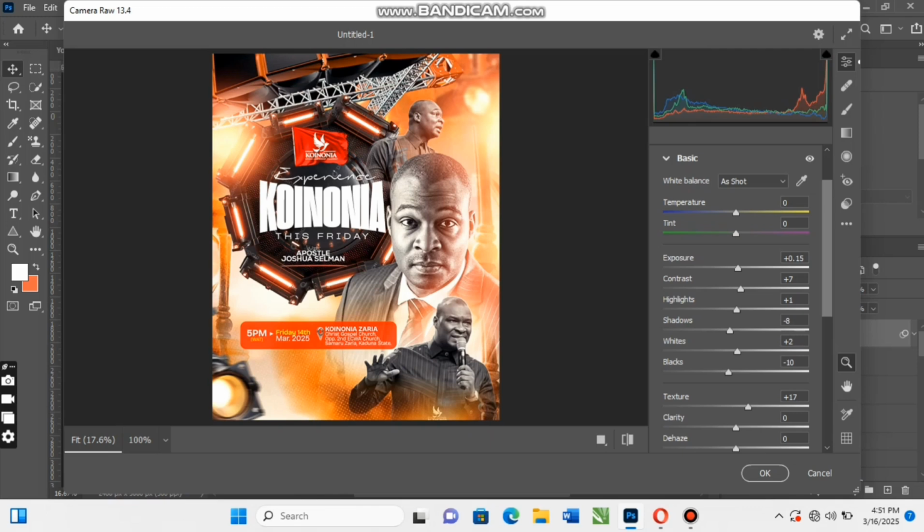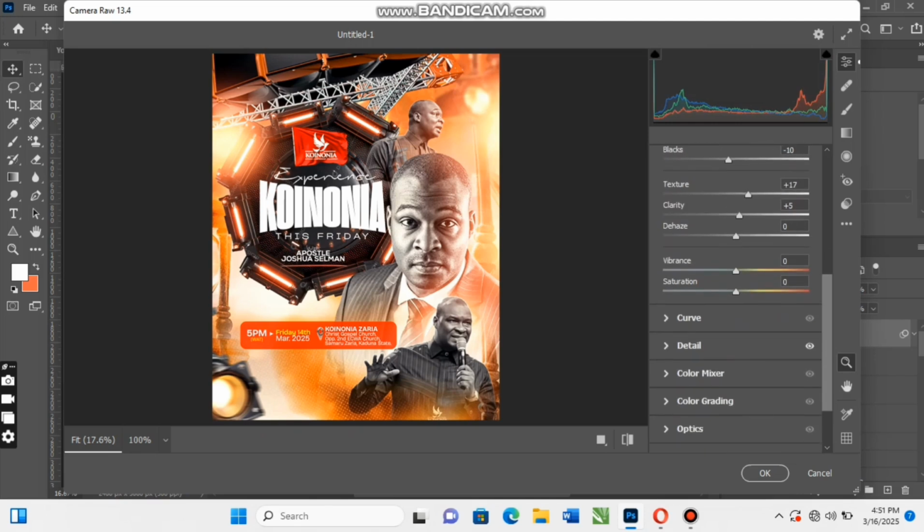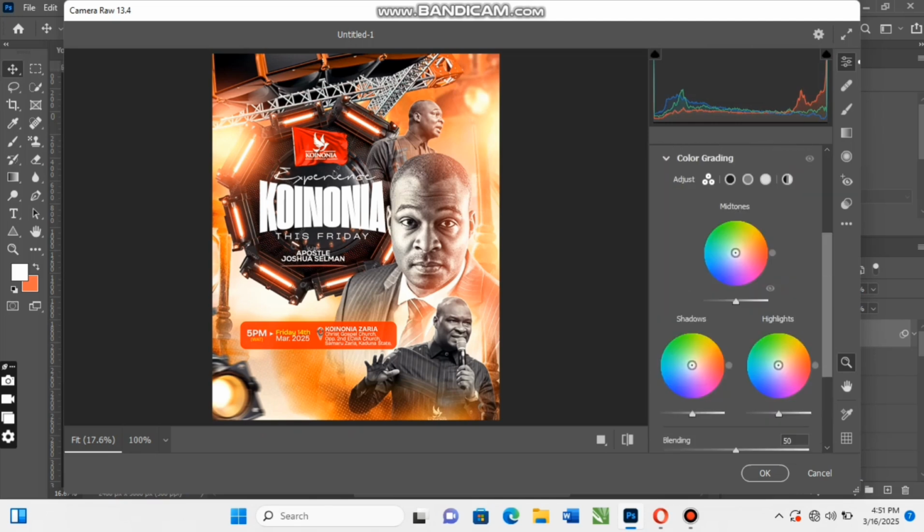Alright, so this is our texture. I want to add more depth, details to the design. 17. So I'm going to make use of clarity here. I'll move down to my color grading. Mid-tone,